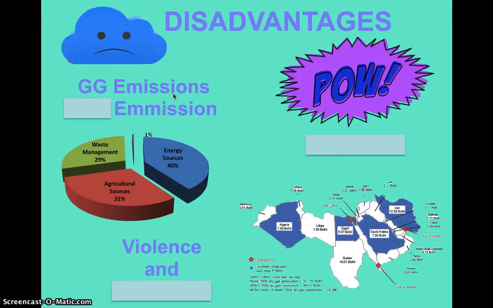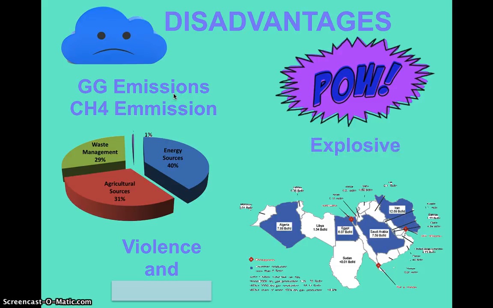Disadvantages to natural gas? Well, like every fossil fuel, there are going to be greenhouse emissions. Even though it's clean, because natural gas is mainly composed of hydrocarbons and nitrous oxides and sulfur oxides and methane, which is the main component. Remember, it has all other components of organic compounds because it is a fossil fuel, but mainly methane, which is a greenhouse gas and leads to global warming.